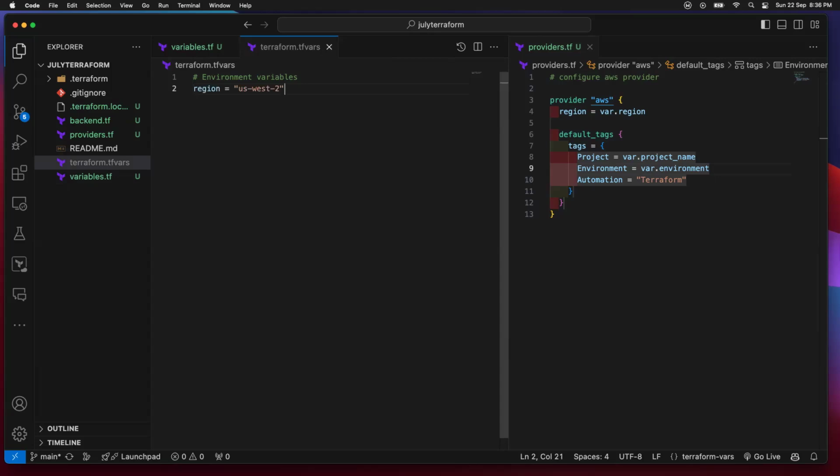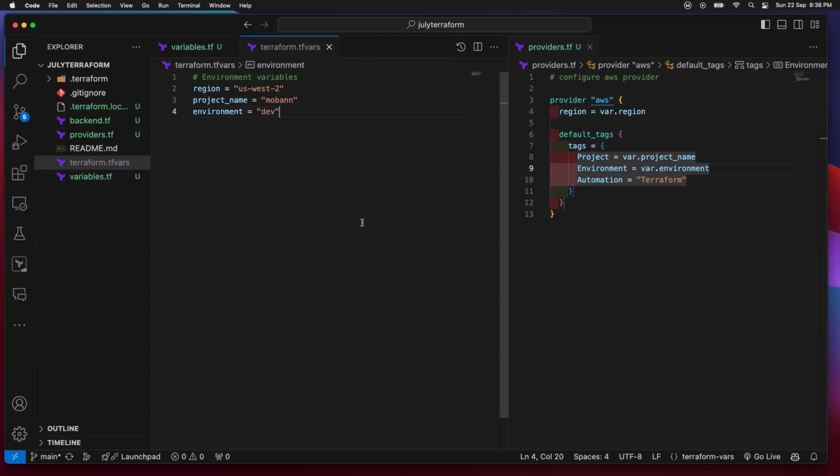So here we can pass our region, whatever region we want to use. Whatever you call your variable is also what you're going to use as the key in here. So I'm just going to call this mobile as the project's name, and then our environment is dev. So this is good. I think we have created a number of files now that we can push